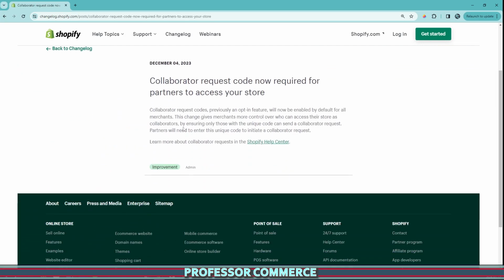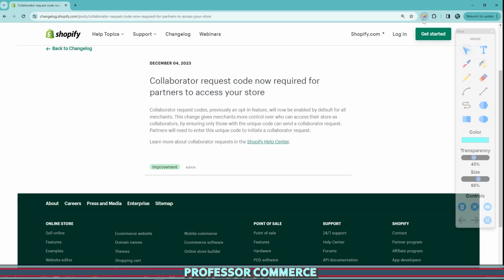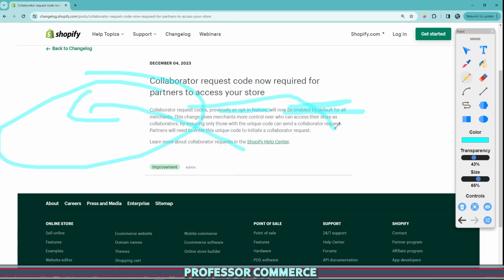If you click into this, we get a little bit more information. Collaborator request codes previously were an opt-in feature, and they will now be enabled by default for all merchants. So this means if you're working with a collaborator or a partner or a Shopify expert and you give them access to your store, what previously was an opt-in feature is now enabled by default. So anytime a collaborator needs to get into your store to work on the project that you have come together and want to achieve, they will have to input the unique code that they request from you. And then it sounds like you send them back a code to give them access. That's very helpful